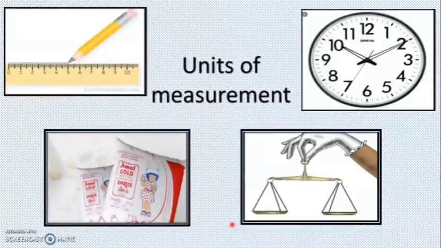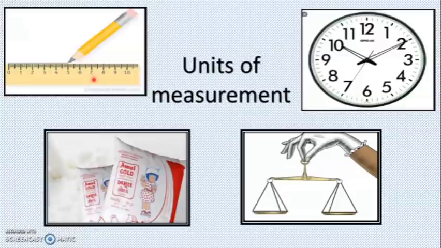Here you see some pictures. First one is of a scale, which you all might be having in your pencil box. You have already seen a scale, and if you have seen from 0 to 1, you know that it is 1 centimeter. What is a centimeter? Centimeter is a unit of measurement. It is the unit of measuring length. You draw with a pencil, measuring the length of the line you make.